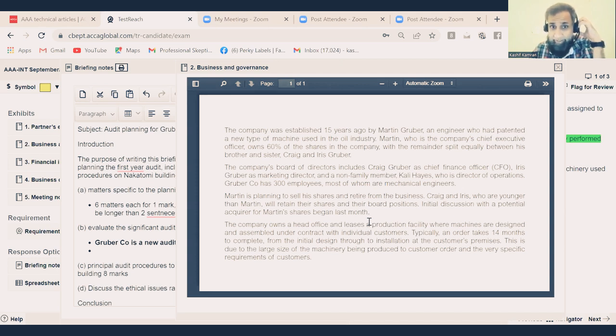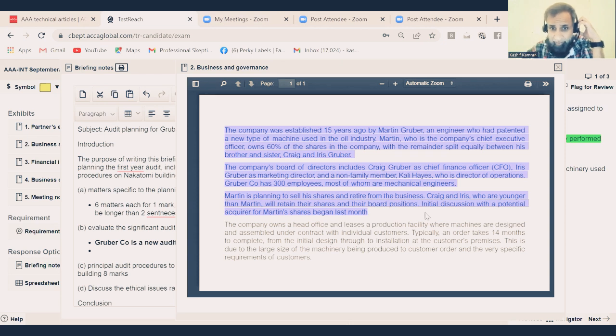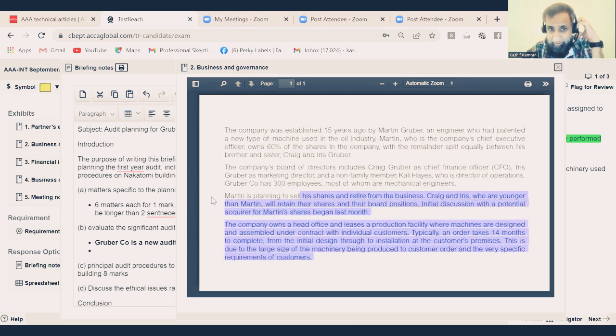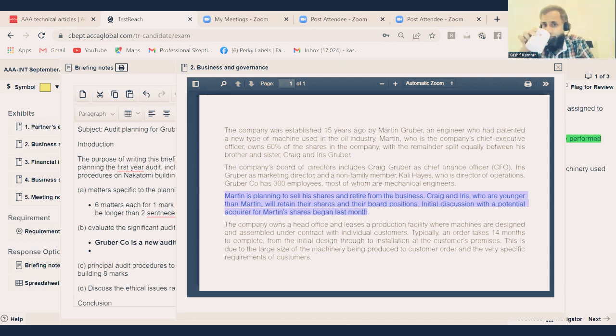So do you believe Martin is planning to sell his shares with negotiations already underway? Is that something specific to the scenario? Is that something where the examiner has written 3 sentences? Look at this, 3 sentences. Is the examiner drawing attention by writing 3 sentences here? So is that a specific risk? The examiner has written almost 3 lines here. Are you all with me? Waiting for your answers. Do you agree this is the risk of management bias, which is a very specific risk in a given scenario?